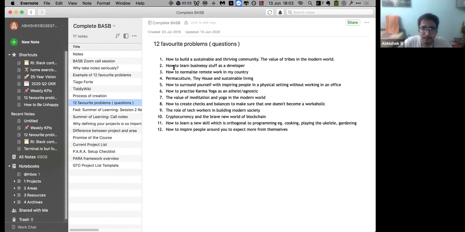As you can see, there are a lot of things which are very broad, but they limit the things that I consume on the internet. I don't want to be consuming things related to gaming, because I'm not very curious about it. I might check it out once in a while, but it's not a big deal for me. But if Naval is saying something, then suddenly my antennas go up, because it's related to one of these questions.